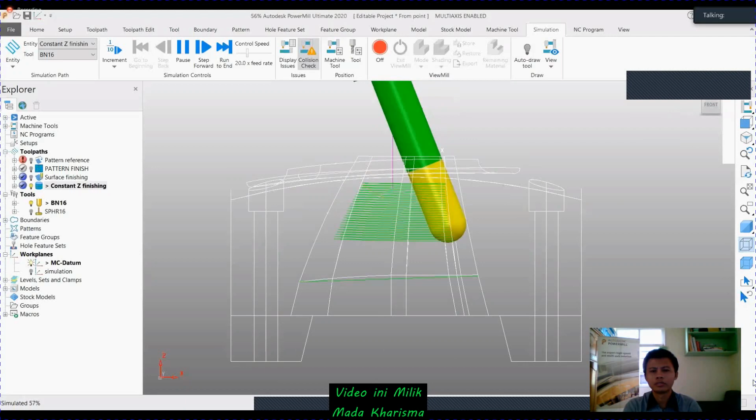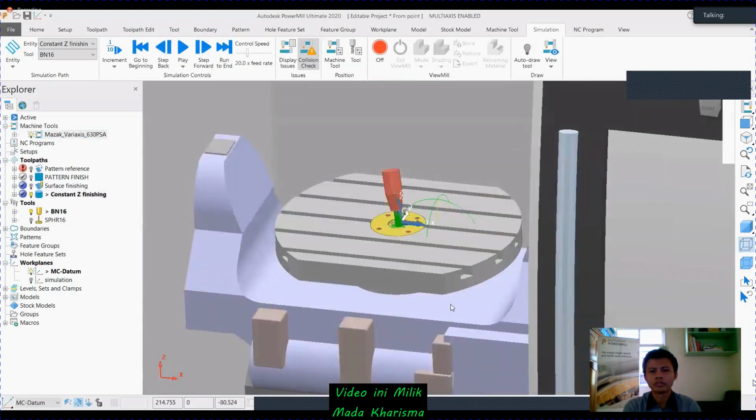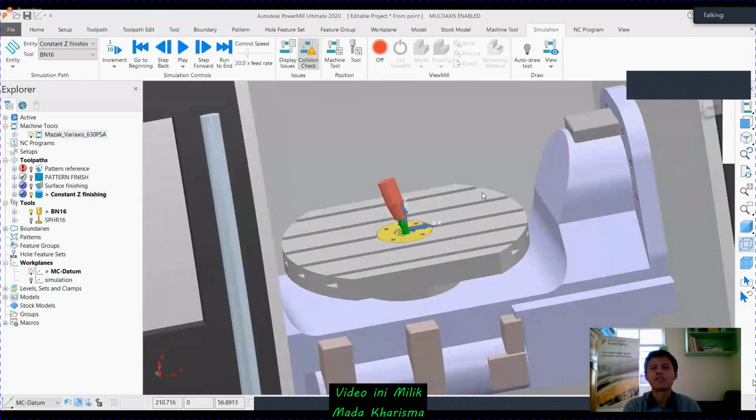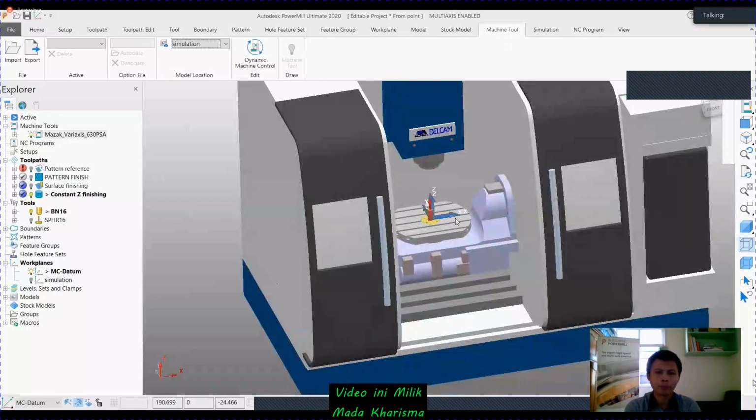I'm going to switch on my wireframe, MTD file. I'm changing my simulation location. If you see the simulation of this, switch on my 3D profile.